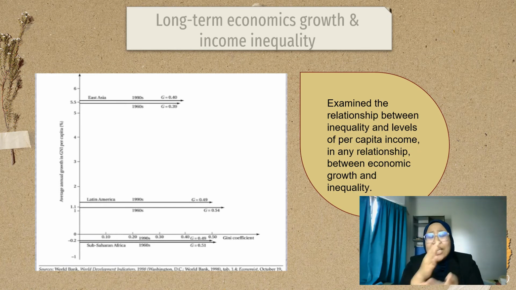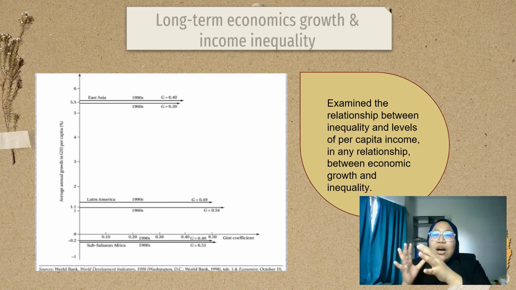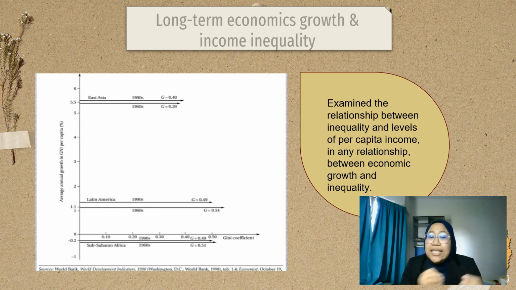It also shows that changes in inequality as measured by Gini coefficients were small within each of these regions between the 1960s and the 1990s. During these periods, per capita growth in East Asia averaged 5.5%, while that of Africa declined by 0.2%. Yet both Gini coefficients remain